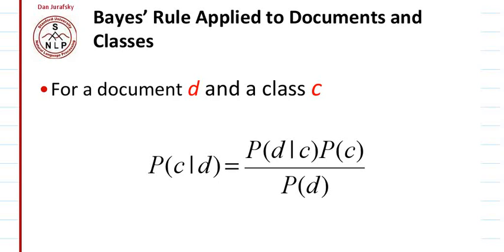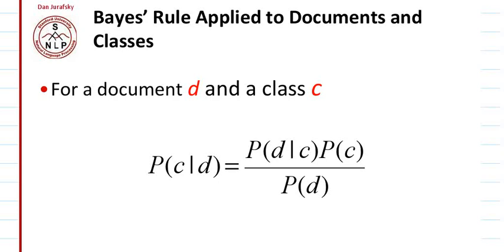So in this session we will see what Bayes rule actually is and how we apply this Bayes rule to documents and classes, or specifically how this Bayes rule is applied to text classification. So P of C given D is equal to P of D given C times P of C divided by P of D, which is actually